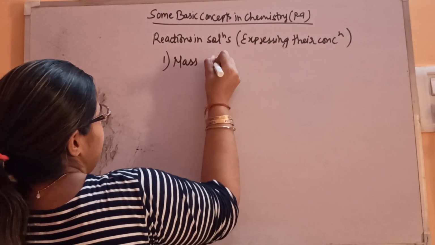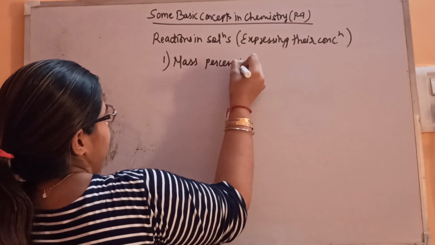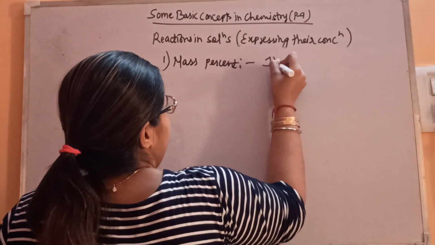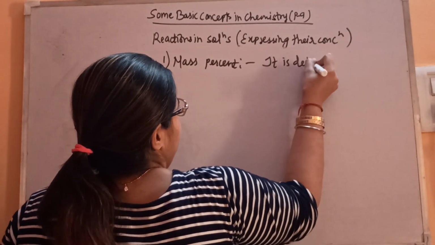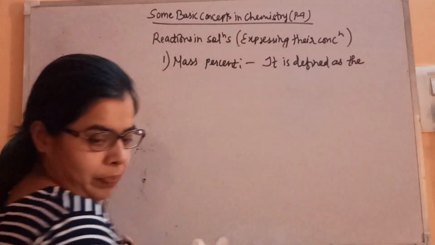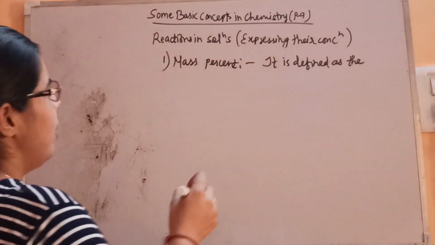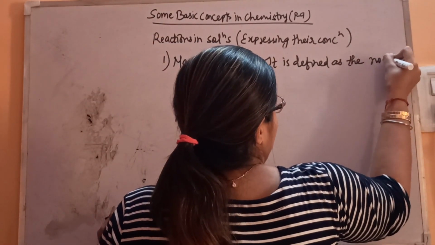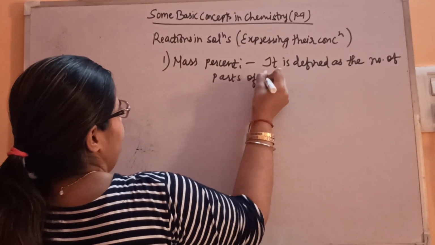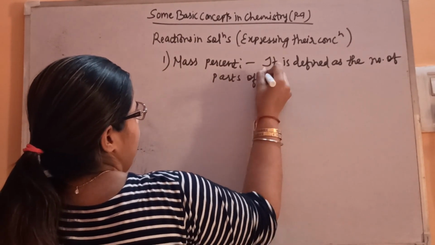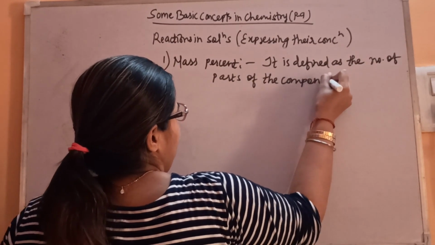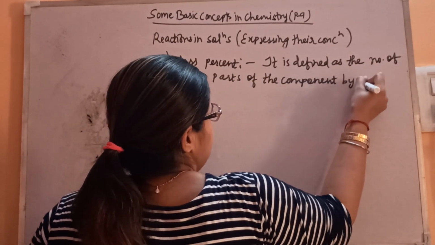So mass percent is defined as the number of parts by mass